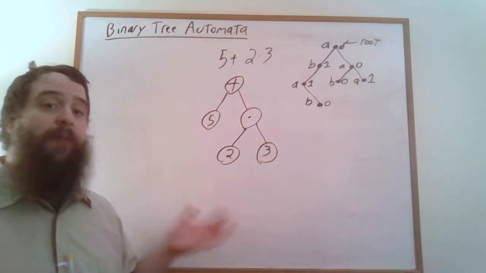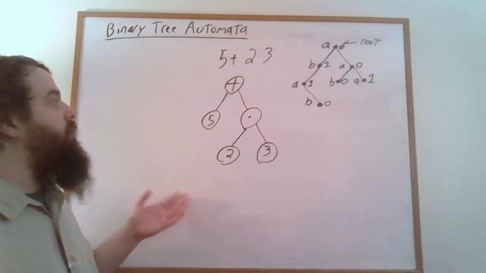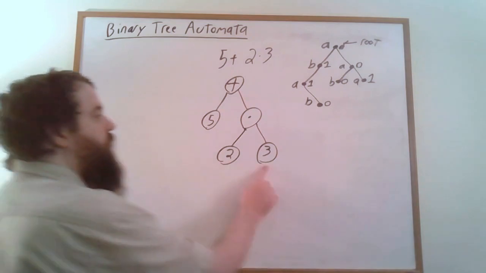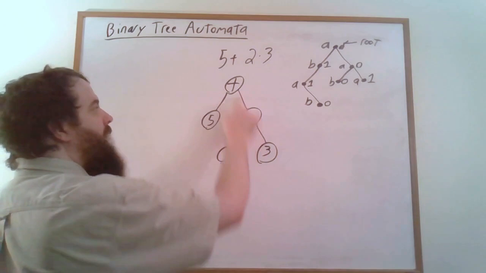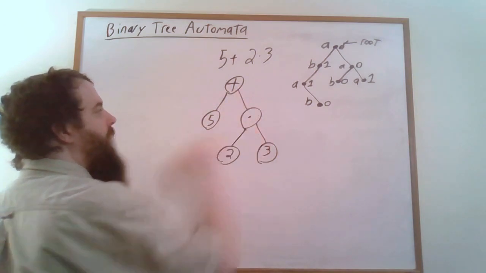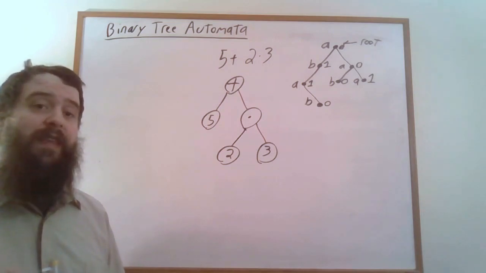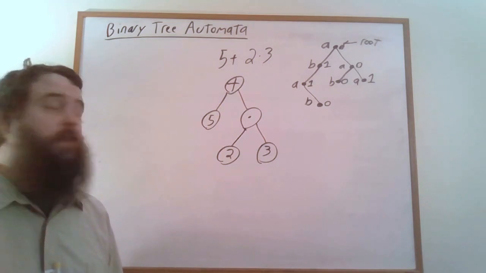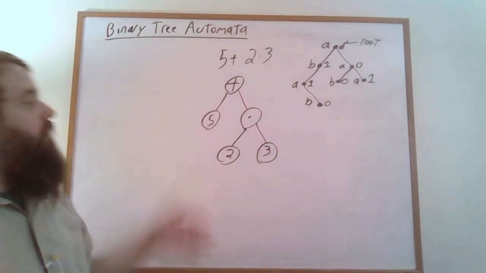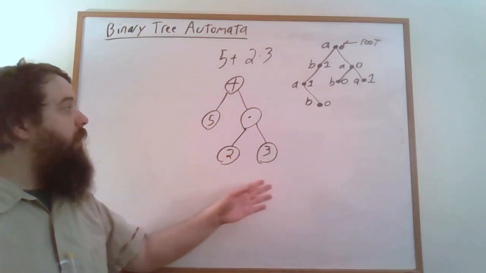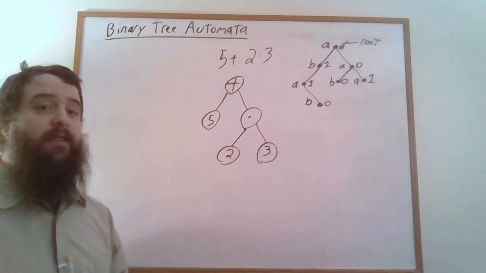This is called an abstract syntax tree, and it captures the order of operations of the expression. We're first taking 2 and 3 and multiplying them together, and then we're taking 5 and adding it to the result of that product. And so if we want to evaluate this tree, evaluate the arithmetical expression corresponding to it, we want to start at the leaves and work our way towards the root, assigning a number to each of the nodes corresponding to the value of the sub-expression for that subtree.